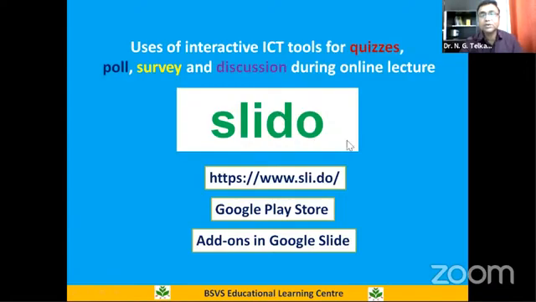Now what happens during webinars and our online classes is that we present a PowerPoint presentation, which means the content is provided by using the PowerPoint presentation. Now we can also integrate the Slido platform, so that within that PowerPoint presentation we can use surveys, polls or quizzes, so that students can interact and engage in the interactive session by taking part in the quizzes, and they can discuss with the teachers also. So this is a very useful tool to engage the students within the online lecture.